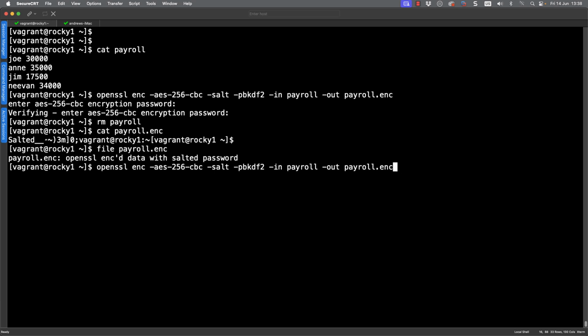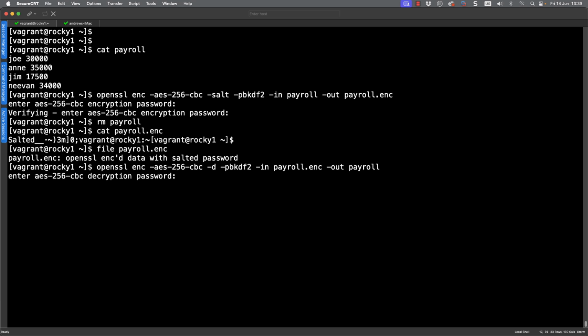The command is not dissimilar, so I just up arrow key to get the encryption command back, and we just need to change it slightly. We no longer need the salt. The salt is a random string that is added during the encryption. I'm just using the option -d now to decrypt, and we can just swap the files around. The in file now, the input file, is going to be the encrypted file, and the output file is going to be the clear text file.